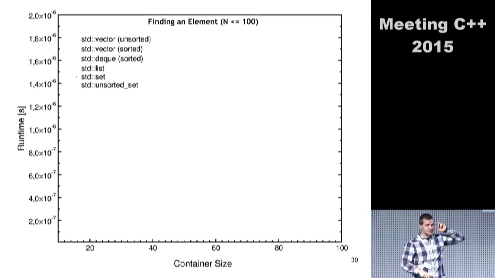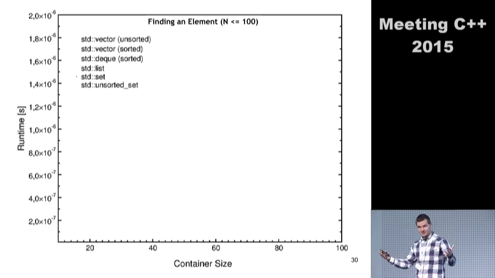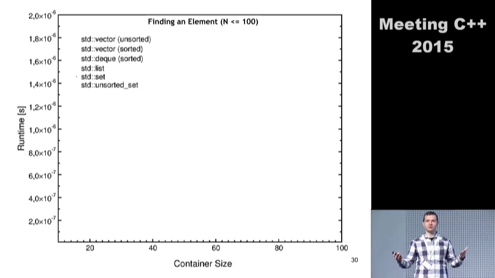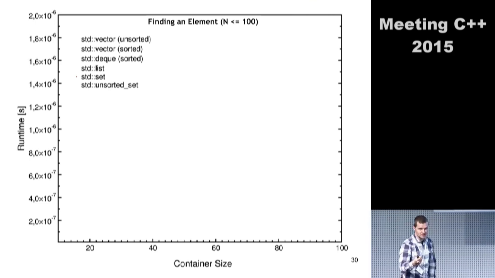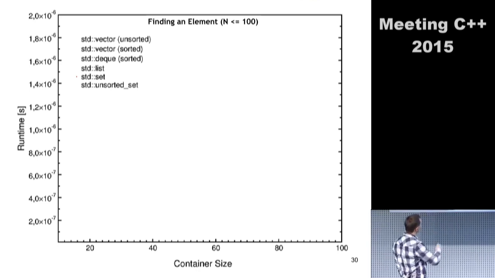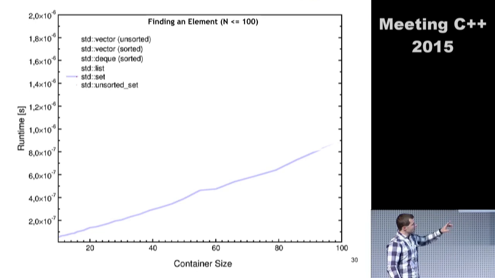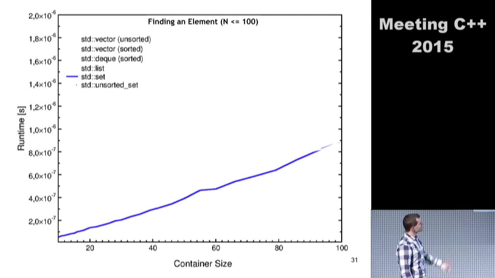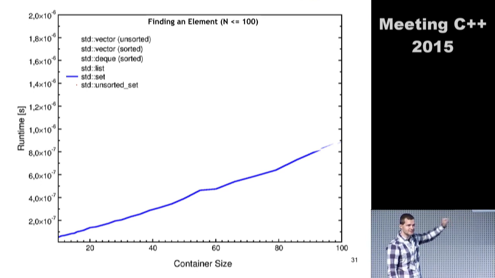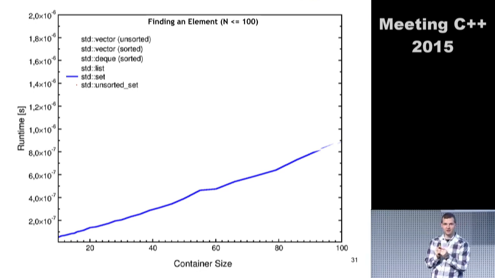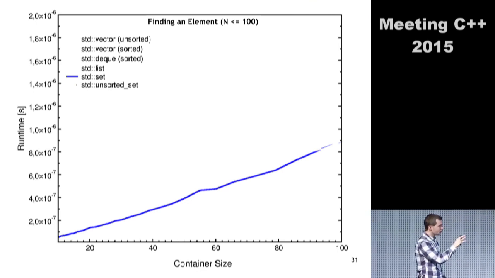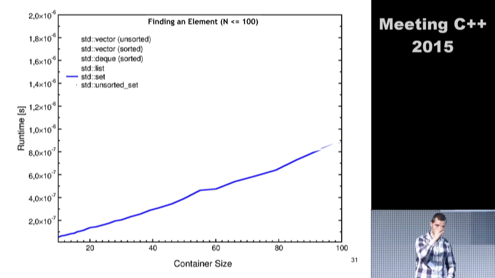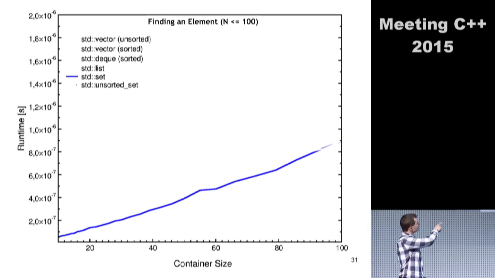Okay, let's start with the set though. Because a set, classical container, is the one that should perform best, right? You choose a set if you want to find an element, because this is what tree-like data structures give you. And the big O notation gives us basically the reason why we should use a set. So it's difficult to start with nothing, so this is the performance of the set. All right, let's estimate what the performance of other containers is in relation to a set. Note, however, this here is only for a very small number of elements, just 100. We'll go beyond this in the next slide.